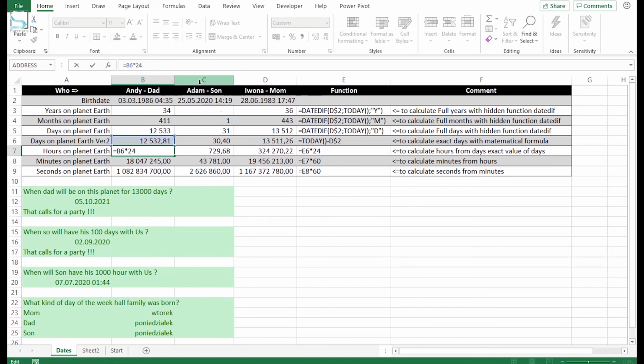When we multiply the number of days by 24, in the 7th row we'll know how many hours this particular person is old. Then we multiply it by 60 to get how many minutes, and then by 60 again to get how many seconds